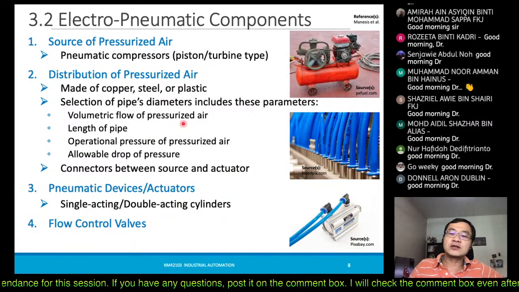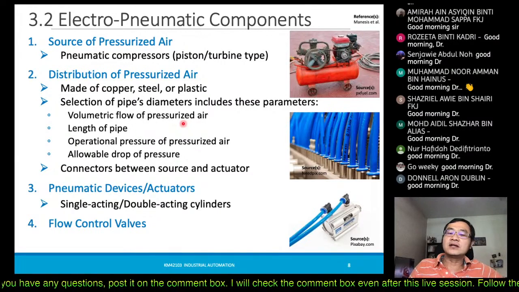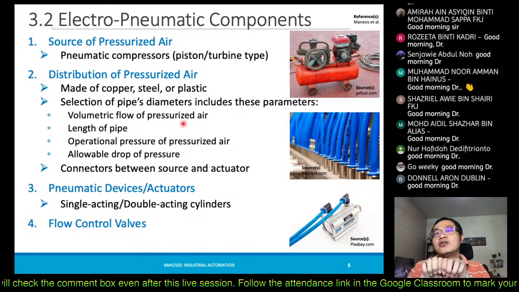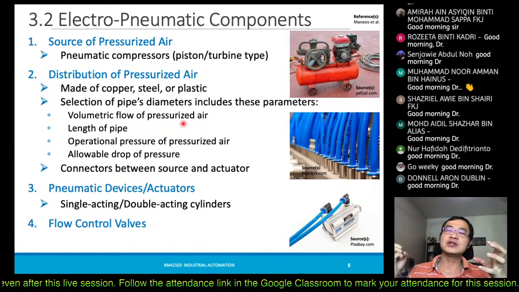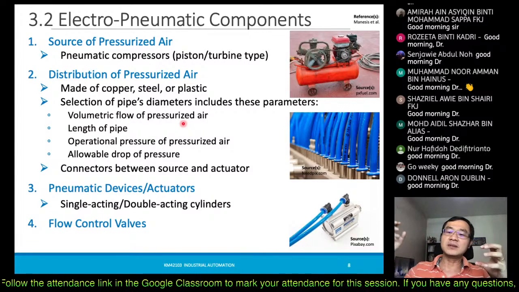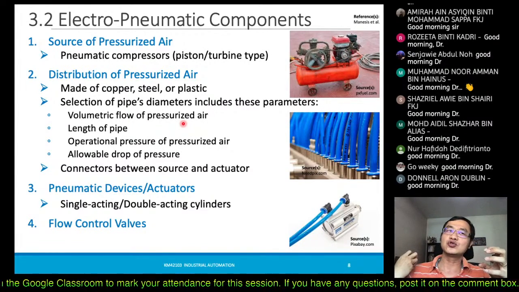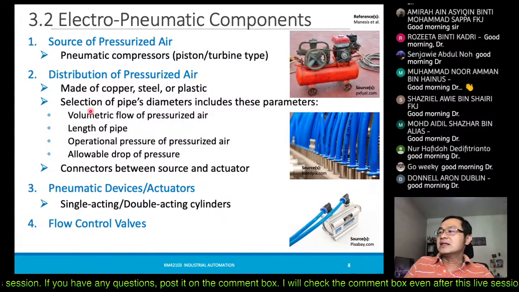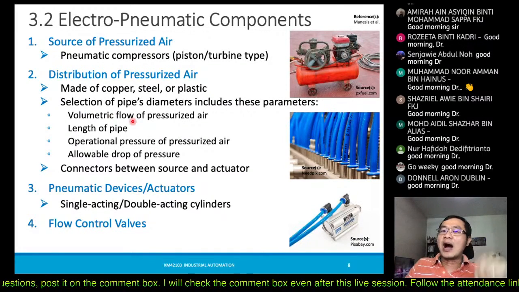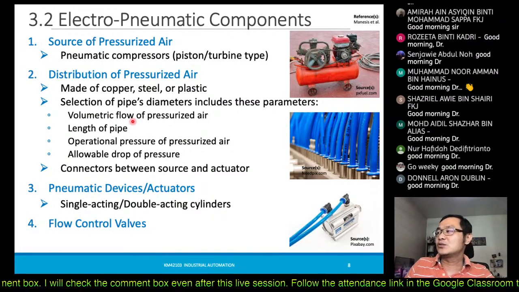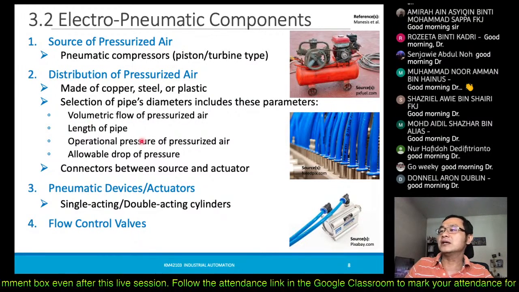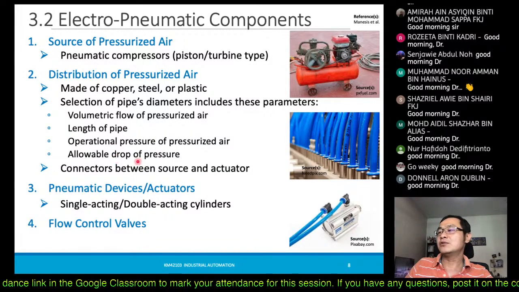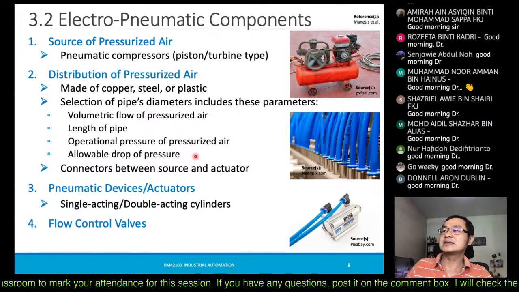We call it the volumetric flow of the pressurized air itself, because for every single cylinder or actuator, the bigger it is, the more volume you need to be delivered in order for us to perform that kind of actuation. So that is the volumetric flow that is required at a certain instance or time. Then also the length of pipe, the pressures,